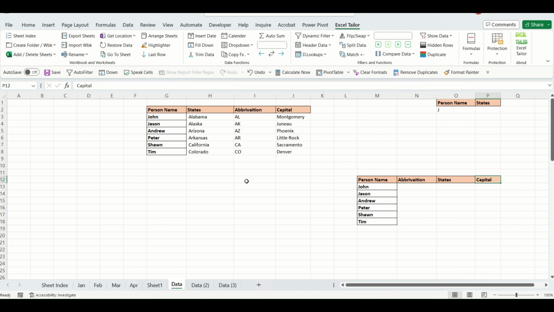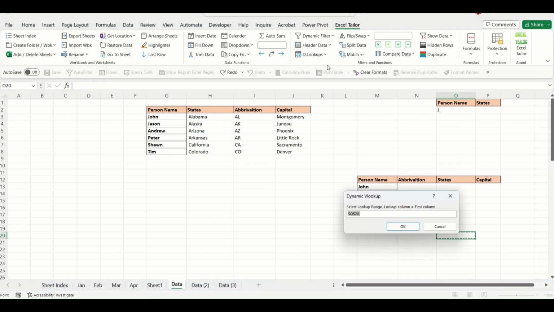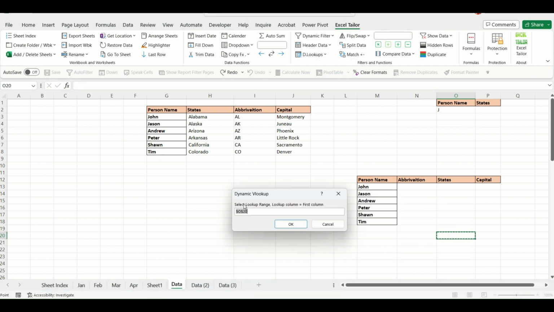And I want to have a lookup from this particular table, right? The lookup should be based on the heading. So we'll use dynamic lookup left side. Why left side? Because the data I need is on my right side and my lookup value is on the left side, right? So to use this, we'll use dynamic lookup left side, and it is asking me to select